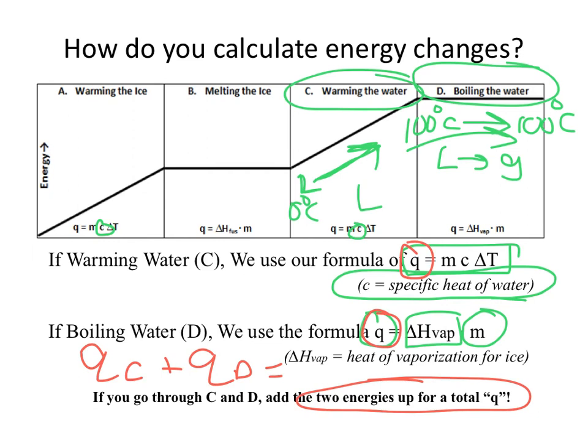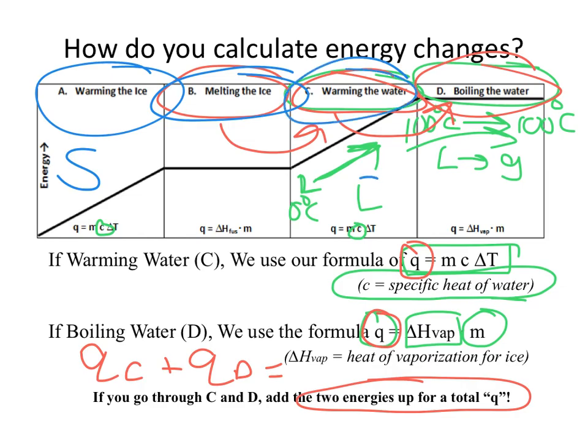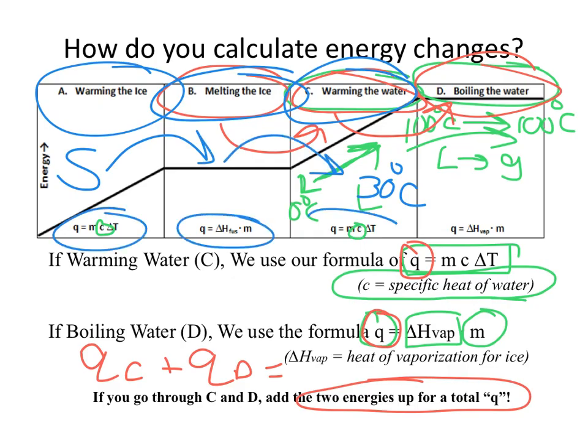So we're going to use this chart. Maybe we'll start at melting ice and then work our way to warming it up and boiling it. If that's the case, you would use B, C, and D. Maybe in a problem, you're going to start as solid ice, and you're going to heat it up so it melts and eventually heat it up to, I don't know, like 30 degrees Celsius. Because of that, you would use A, B, and C equations and add them all up in order to get your total